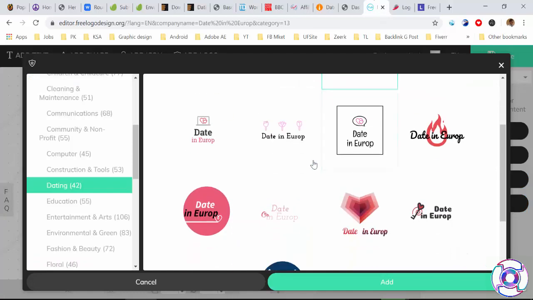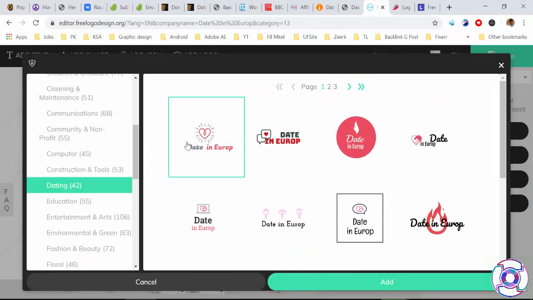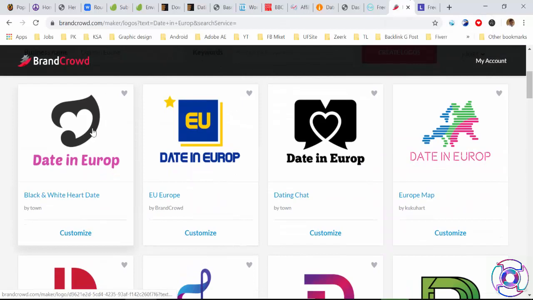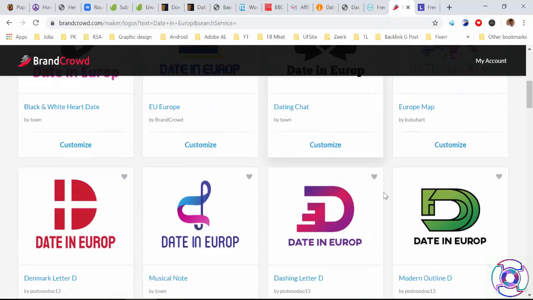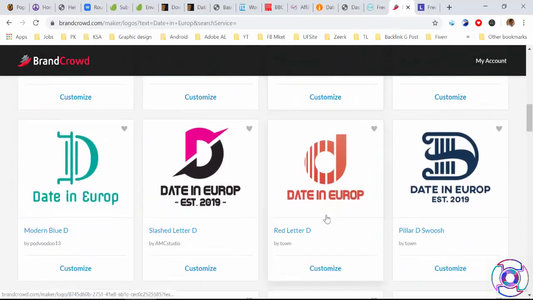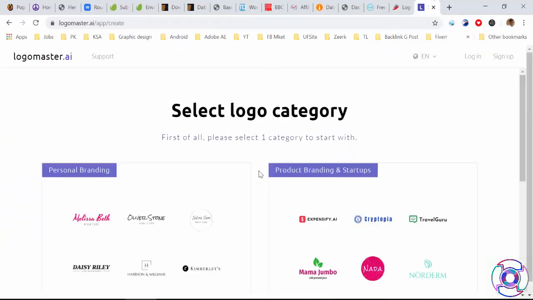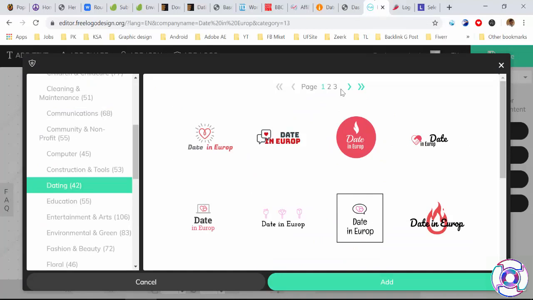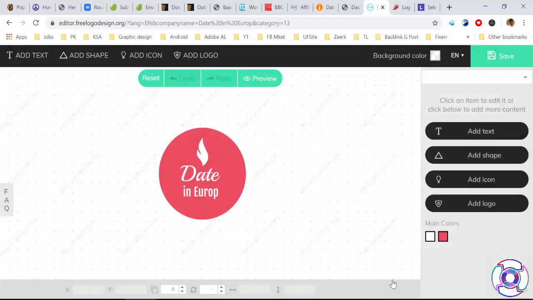Now on this site you can see we have different types of pages. However, whichever one you like you can choose, and here also some samples are created. So I like this one, then I click on this and add.